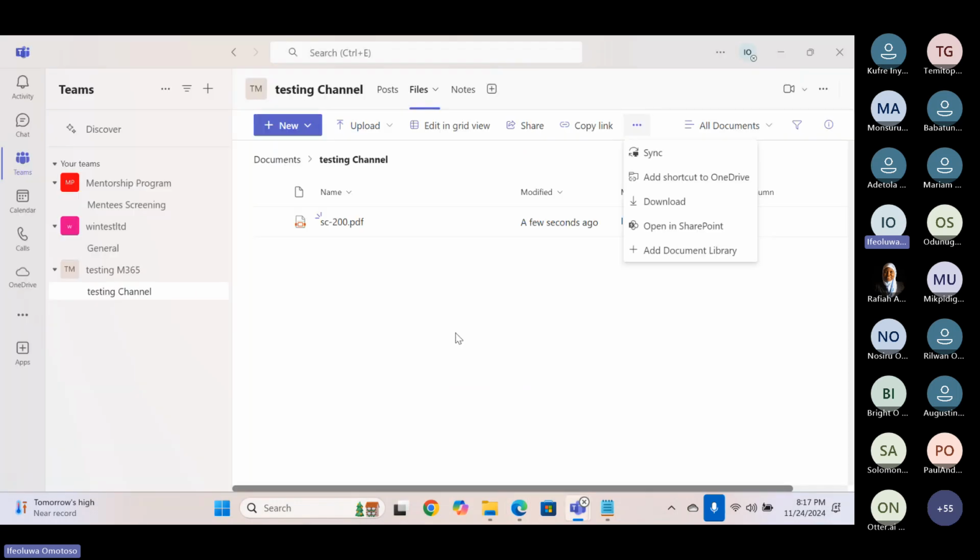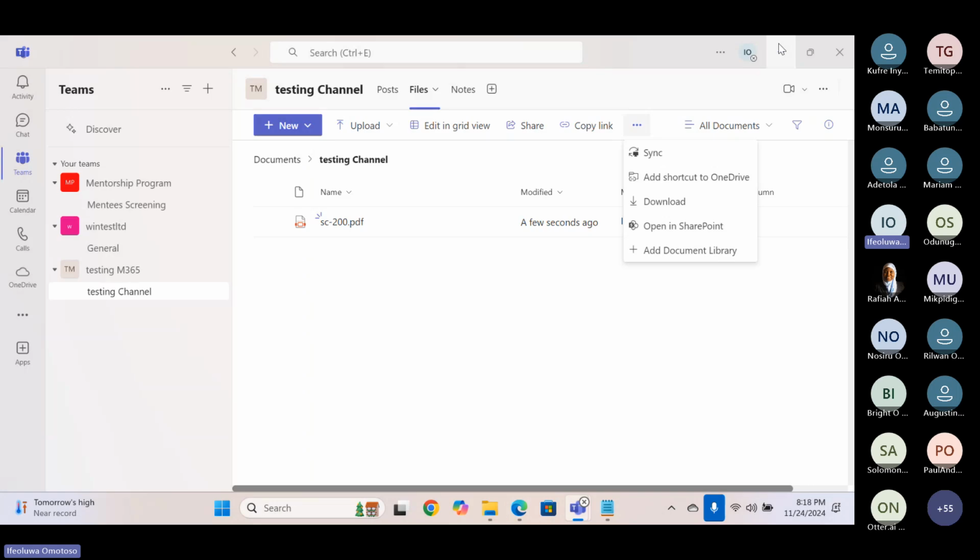So I'm waiting for it to load. Sorry for that, I think my network is somehow slow. I'm going to show you when it has opened. We can see that when you create a channel, a lot of things come with it, and that's what Joseph was trying to talk about yesterday, that the admin of the organization can decide to restrict